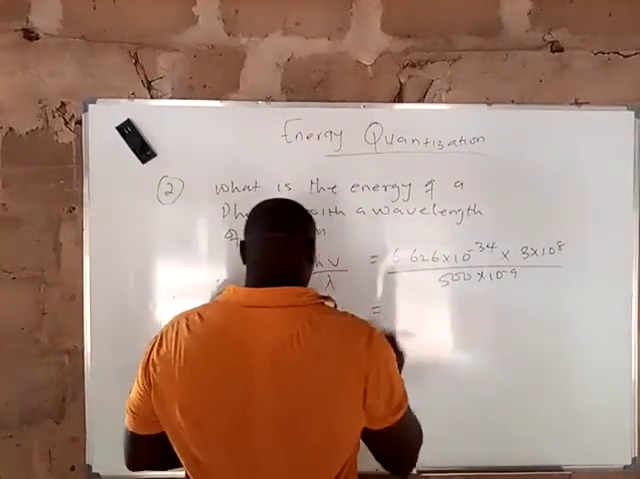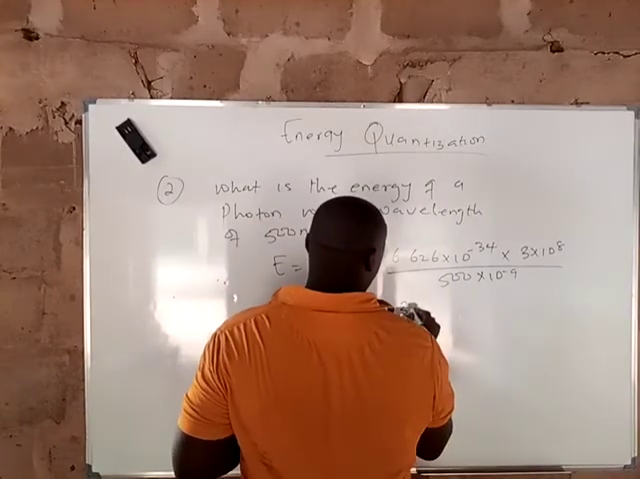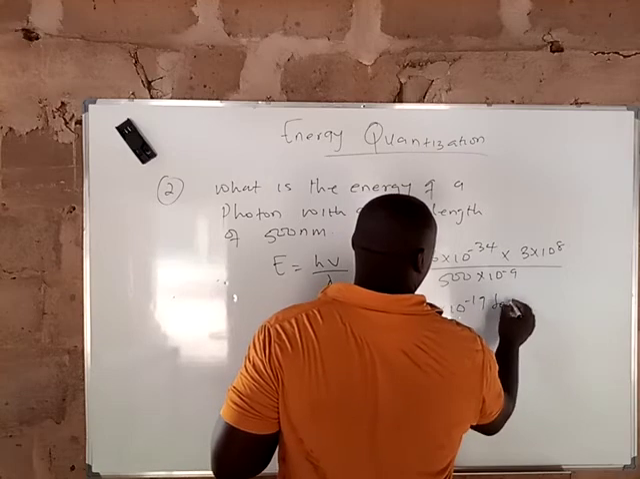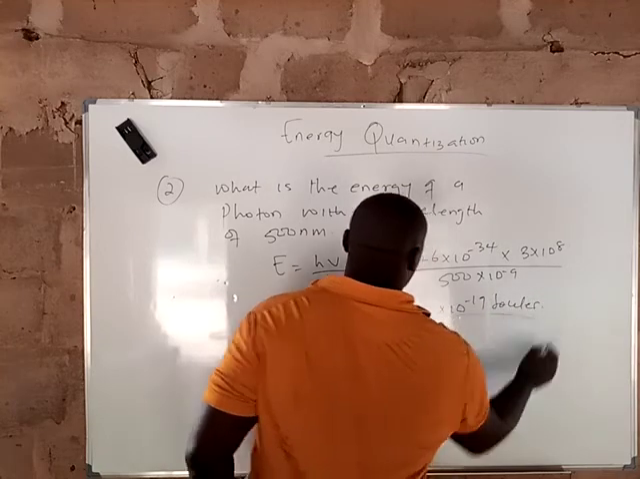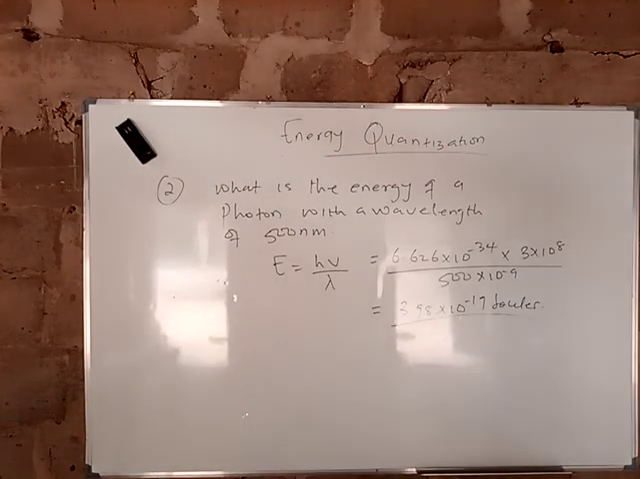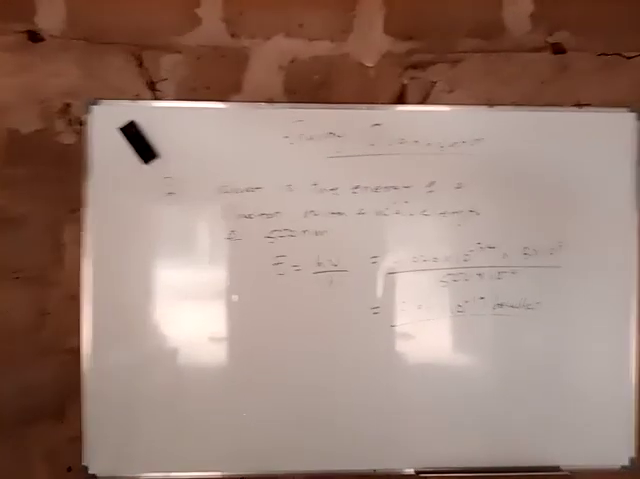If you put this in your calculator, you should get 3.98 times 10 raised to the power of minus 19. And of course, the SI unit is joules. This is so easy, guys. So endeavor to revise the formula, and we'll